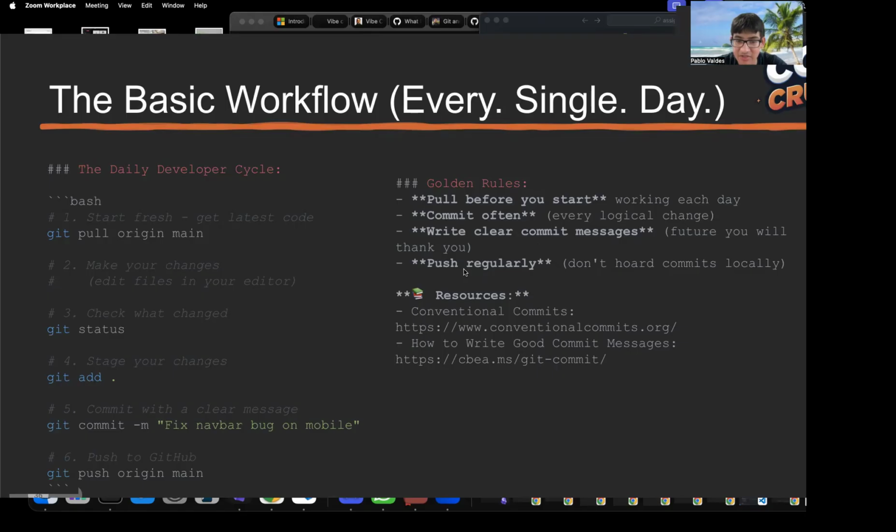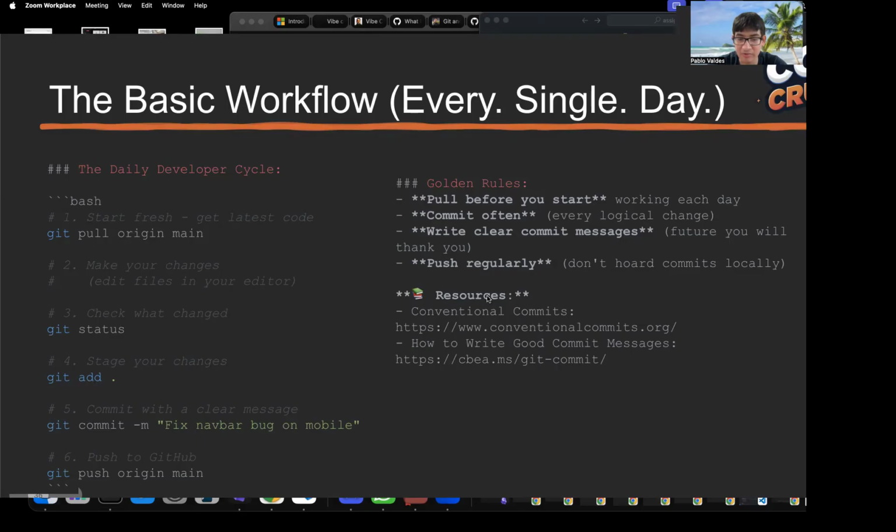And another thing is to push regularly to the remote repository, right? Because you have your local Git repo, which exists on your computer. And when you commit those changes and you actually push them to GitHub, only then can other people that are also working on the same code base see them. So you'd want to do that pretty often, just so other people can see your changes and adjust if they have to.